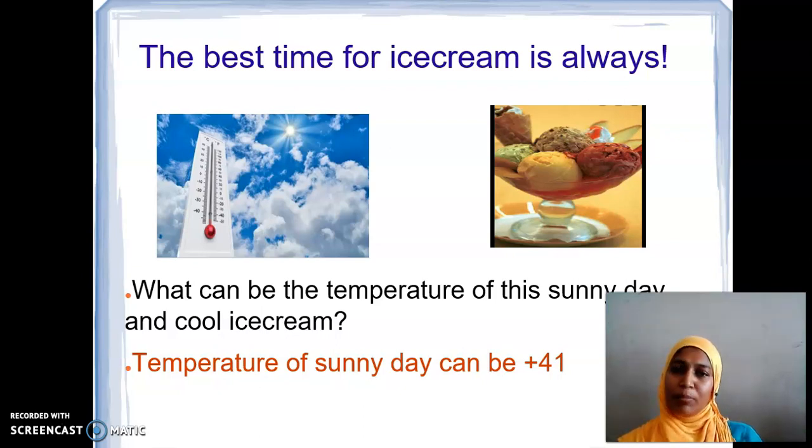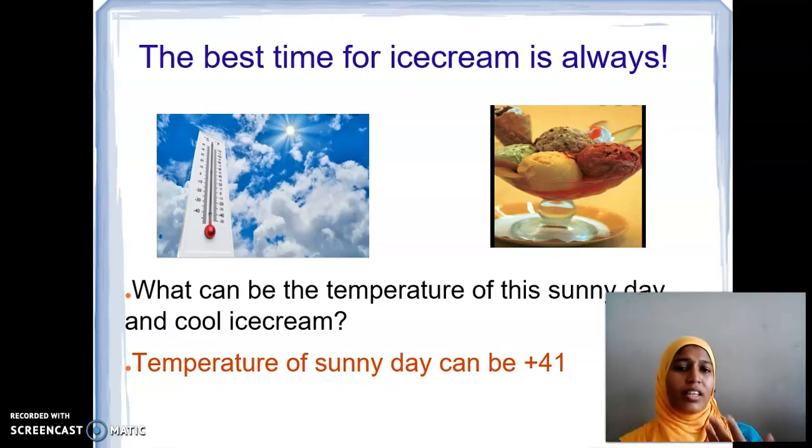Now think about the temperature of ice creams. Do you think the temperature of this ice cream will be 0 degree centigrade or some number less than 0 degree centigrade? I am sure many will be thinking of the answer. It's less than 0 degree centigrade. Well done, kids. It is going to be less than 0 degree. How to represent a number which is less than 0 degree?